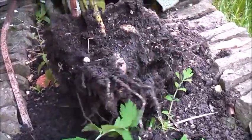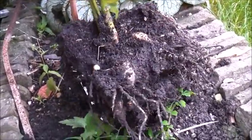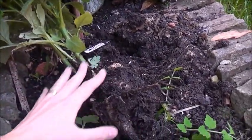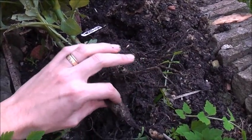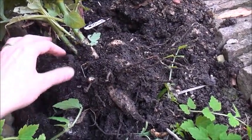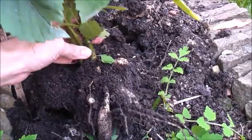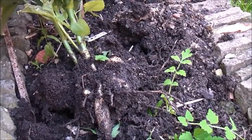Now I've dug up the dahlia, kept all the tubers intact, and now we've got two options. The first option is to pot that up in some old compost and leave it to overwinter in a frost-free condition. The reason people do that is obviously the compost around it keeps the tubers from completely drying out, which is not good for the plant. Although you buy them from garden centres dug up and dried completely free of any compost, they don't like that for months and months on end. So just putting that in a pot like that, with old compost, stored away frost-free in a cellar, garage, or under a greenhouse bench, cut back the foliage,